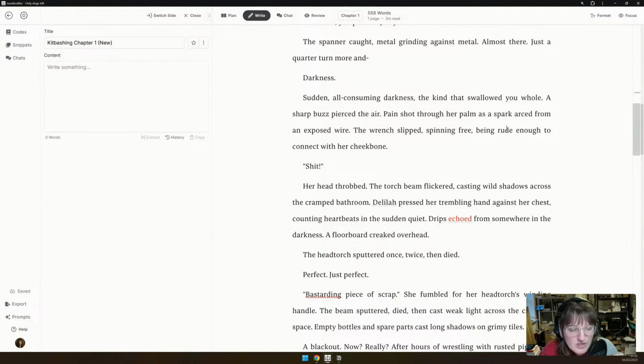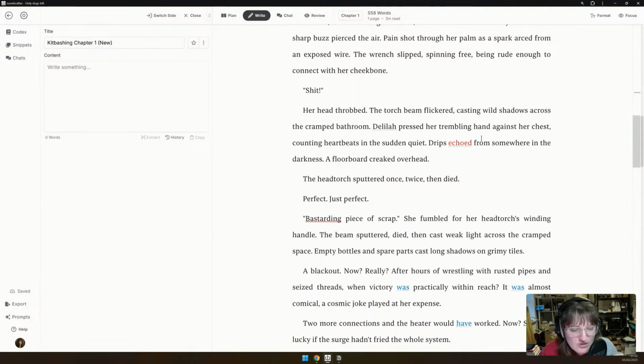The wrench slipped, spinning free, being rude enough to connect with her cheekbone. Shit! Her head throbbed, the torch beam flickered, casting wild shadows across the cramped bathroom.